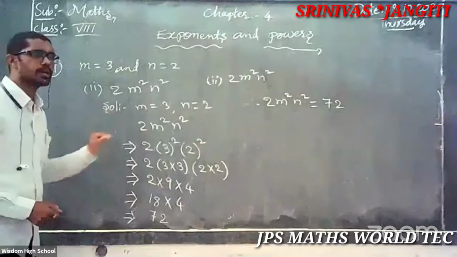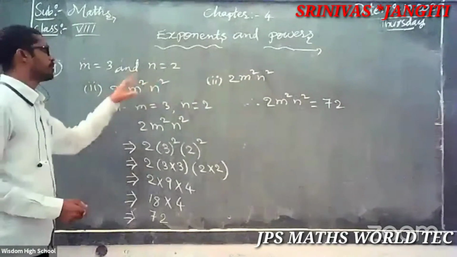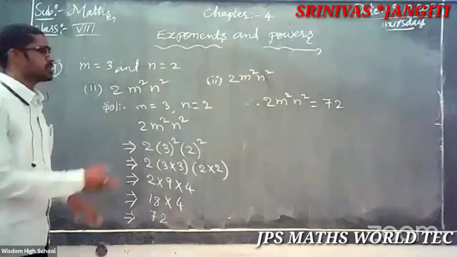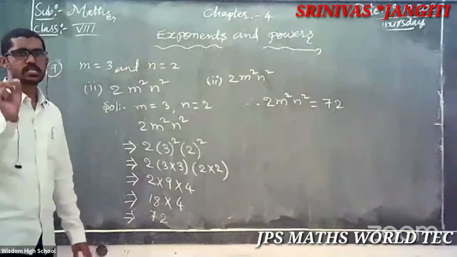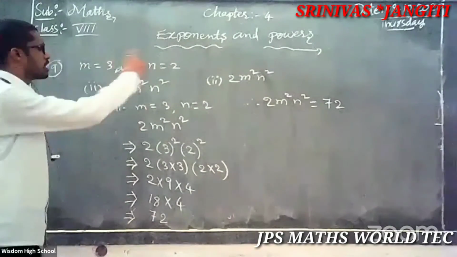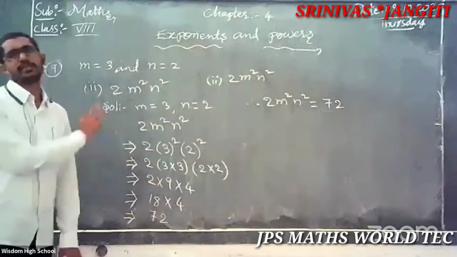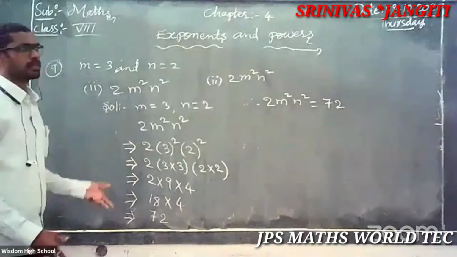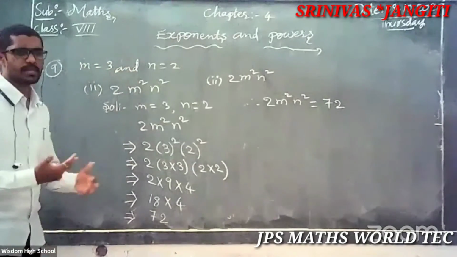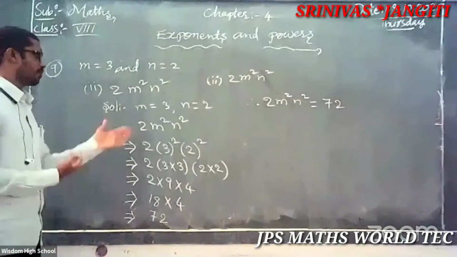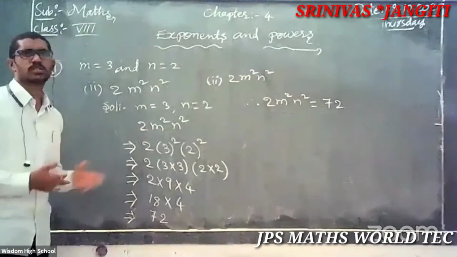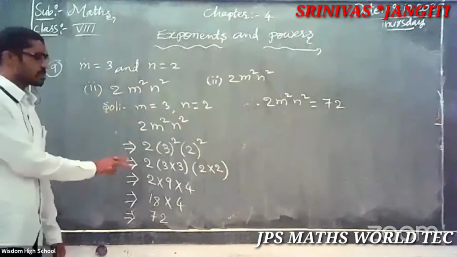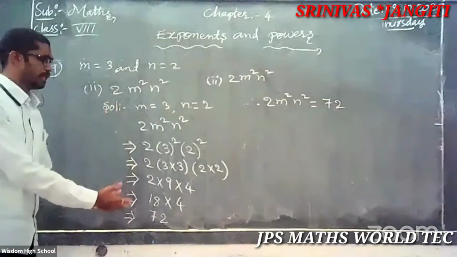Just here, remember, students, where is the m? You replace it, you substitute 3. Where is the n? You replace it, you substitute 2. That's the simple logic, you know, this problem is totally easy. It's so simple. Not only this m and n, suppose a, b values are given, and same, 2a square and 2b square, same. Just replace with the values given, substitute it. Remaining words you will know already.